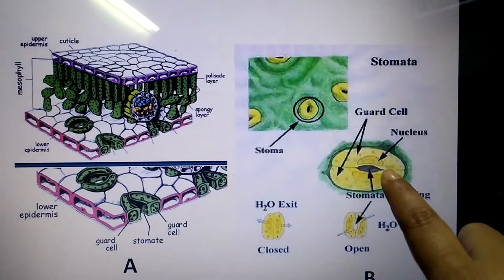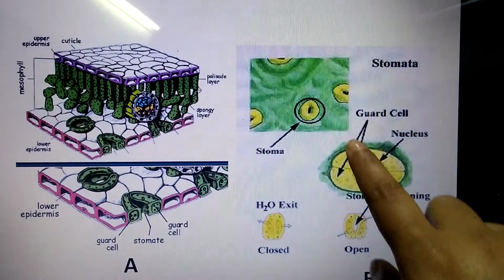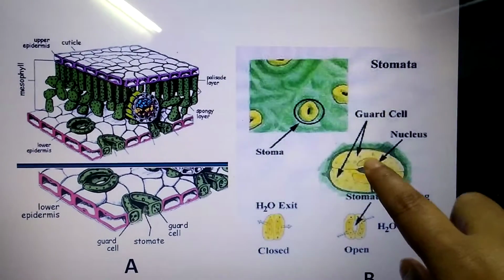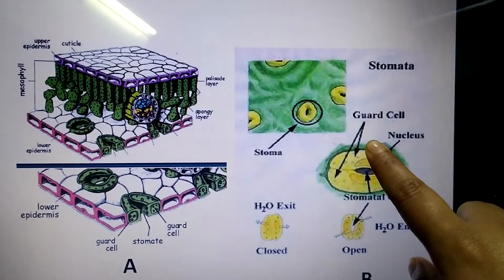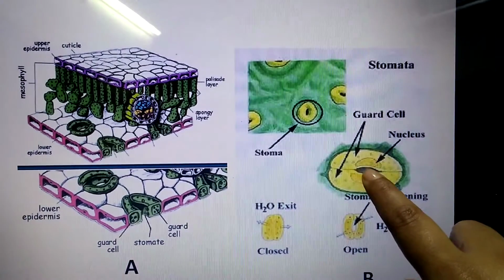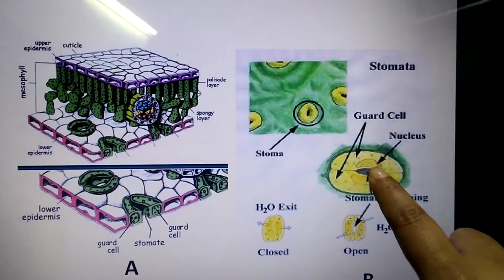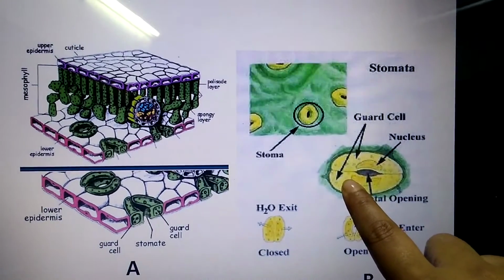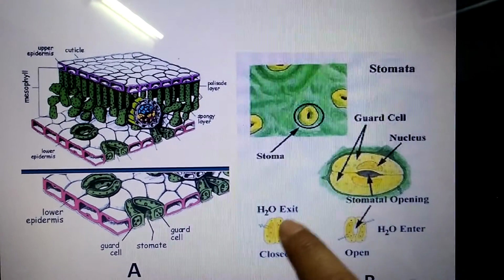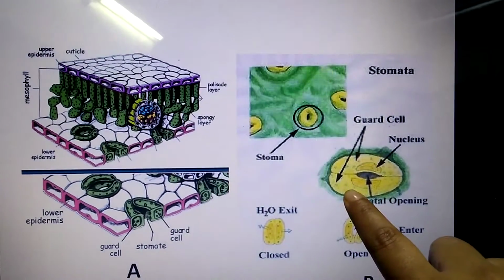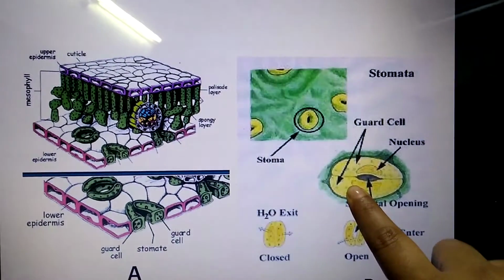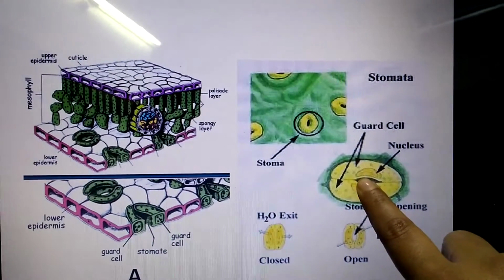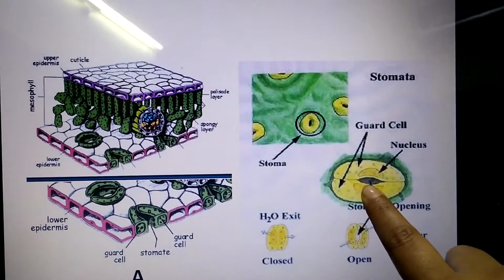Now when water flows inside these bean-shaped cells, what happens? It will stretch, फूलेगा. फूलने से क्या होगा? The inner lining of the guard cells will be taken apart. Okay. Likewise यहाँ पे भी अगर पानी आएगा तो ये swell करेंगे, swell करने की वजह से this size will get open, है ना. जब ये open हो जाएगा तो gaseous exchange हो सकती है.